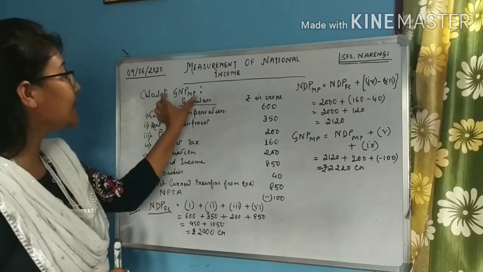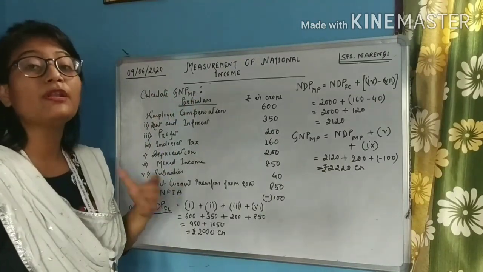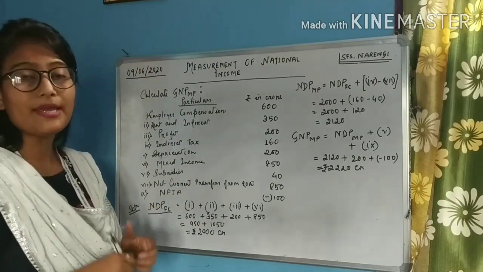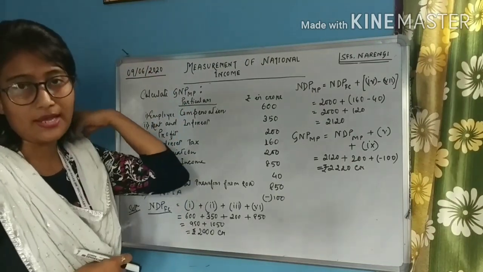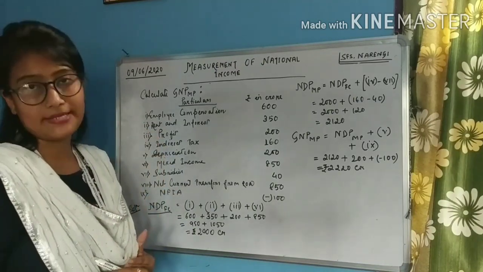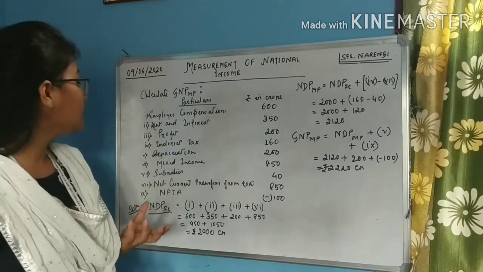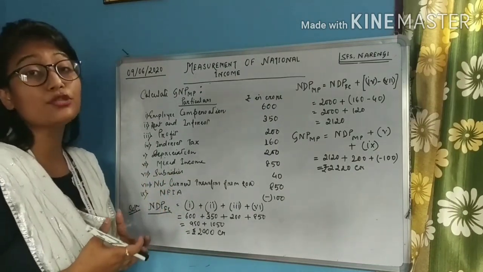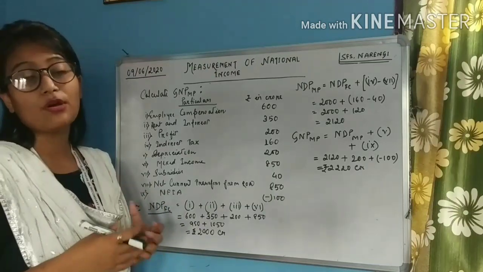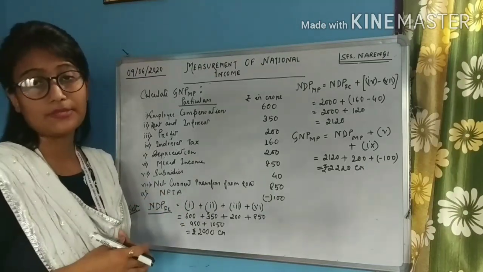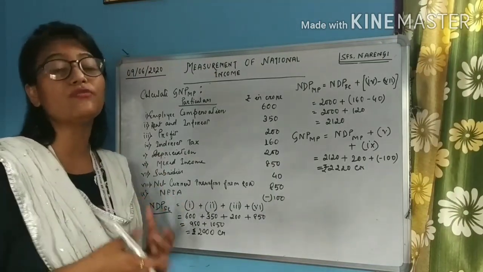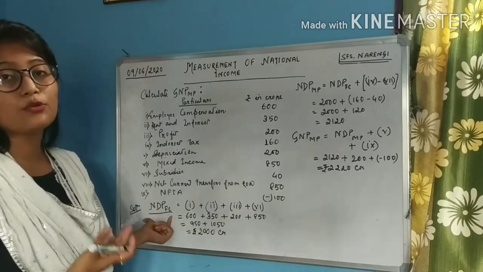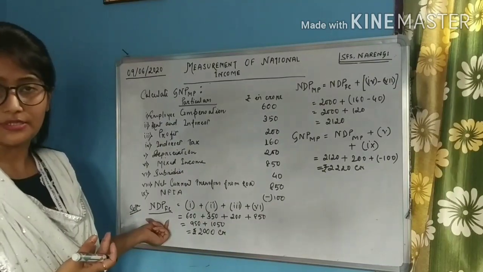See, we can directly calculate GNPMP, but we will not do that because if we directly go on to calculate the GNPMP, that will make things very complicated, right? So it's better we should proceed step by step, okay? And since we are using the income method, it is first very important for us to sum up the various types of components of the factor incomes. And when we sum up the various components of factor income, that will give us the NDPFC. So that is the reason why I am first calculating the NDPFC, okay?